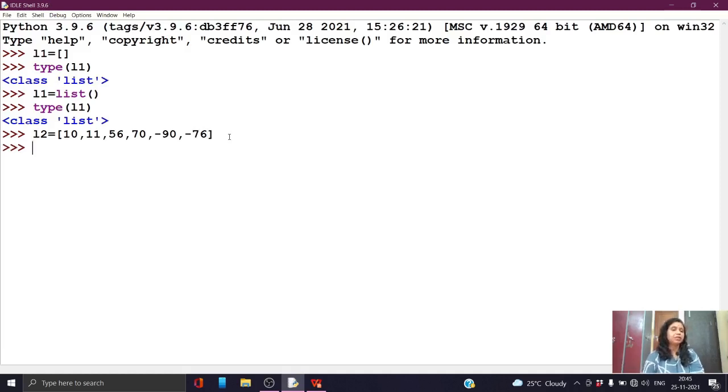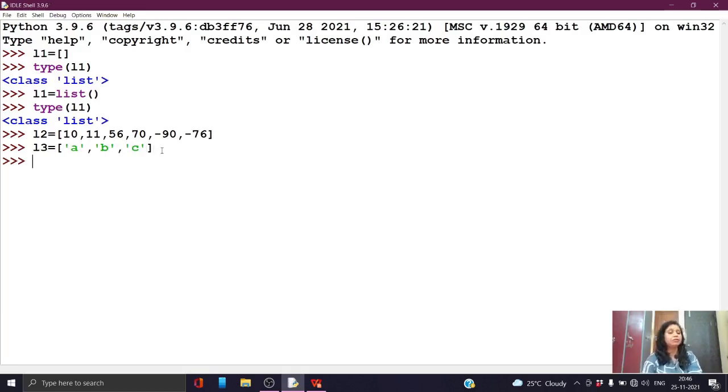So next is, how do you create a list variable of characters? Let us declare one list variable L3. Within square bracket, students, you have to store the characters. Characters means strings, and you know that if you want to store a string, then we have to enclose it within single quotes or double quotes. So here A, next is B, next one is C. In this way you can create the list of characters.